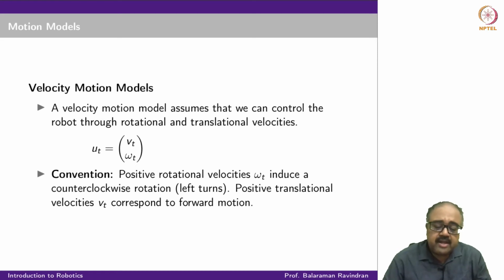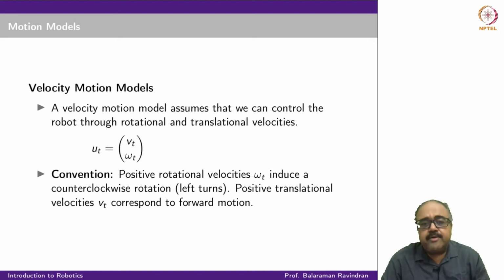And I'm going to assume that the control to this robot is given through rotational and translational velocities, right. So we could think of control as being specified through a multitude of methods, right. It could be through torques to motors, it could be through final displacements, or like we see here, it could be through the velocities that result from the controls that we apply, right, from the changes to the drives and so on and so forth.